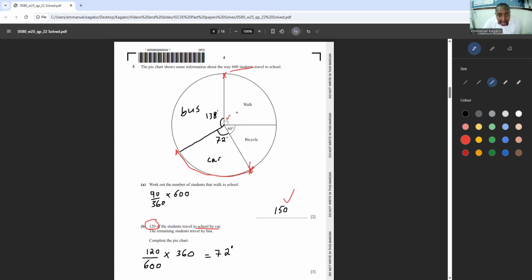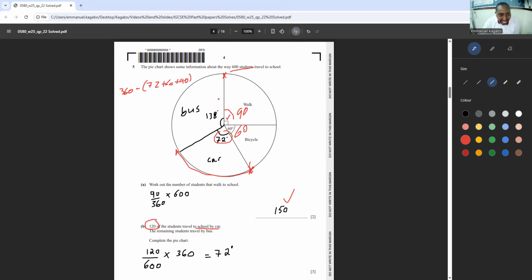This is 90 degrees. This is 60 degrees. This is 72 degrees. So what's the remaining? It is 360. Oh, my bad. Okay, 360